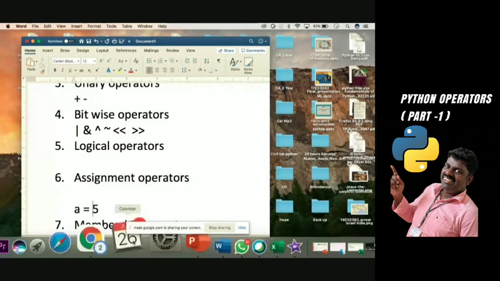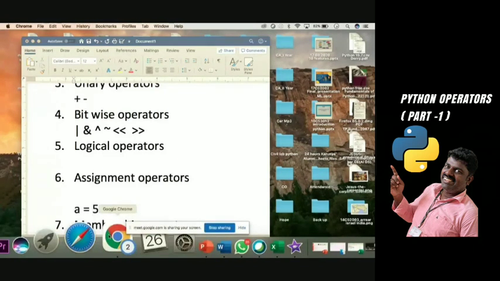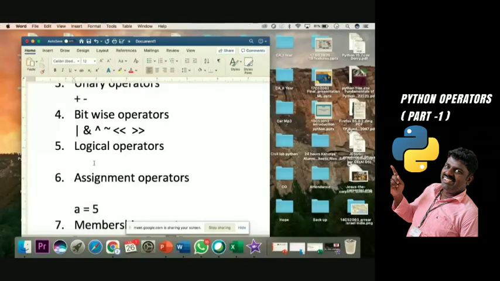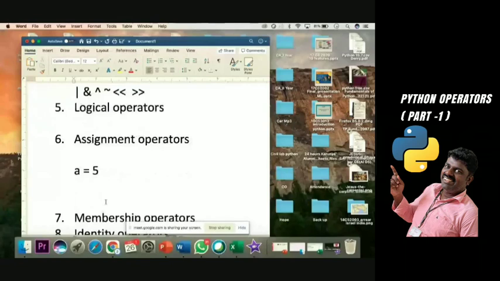Okay, so directly I think we can go to the Colab and we can work. So a equal to 5. This is assigning a particular constant value 5 to a variable. Got my point? Here again we have different categories. In assignment operator we also have plus equals, that is one type, and then minus equals, another category.